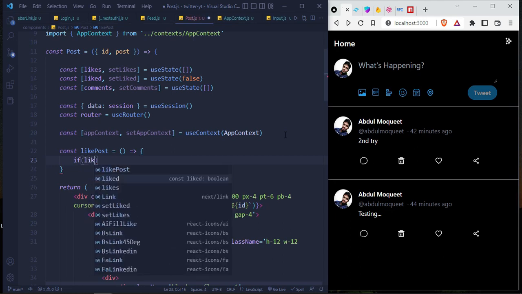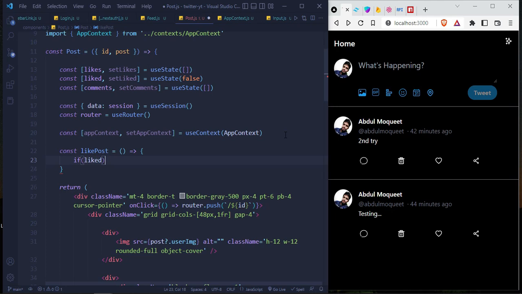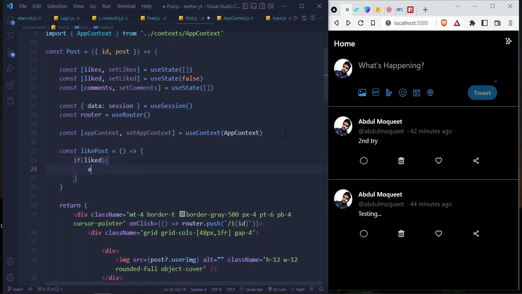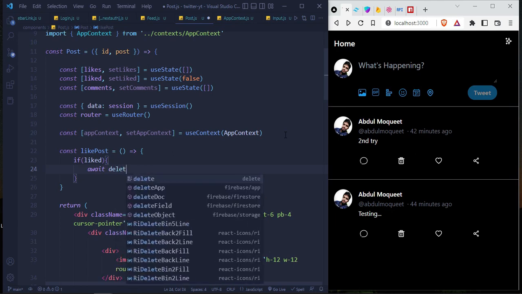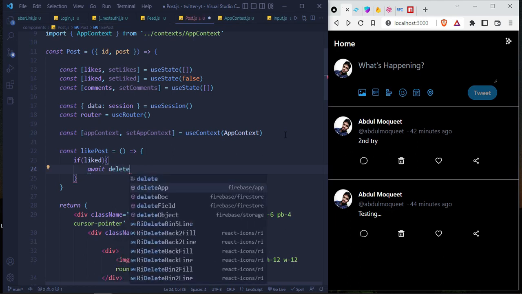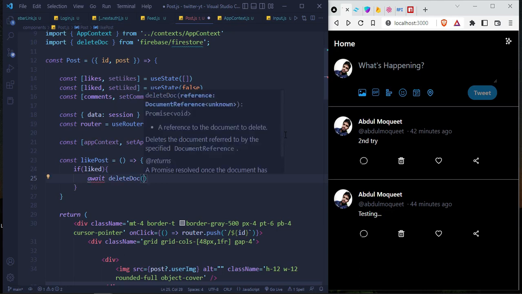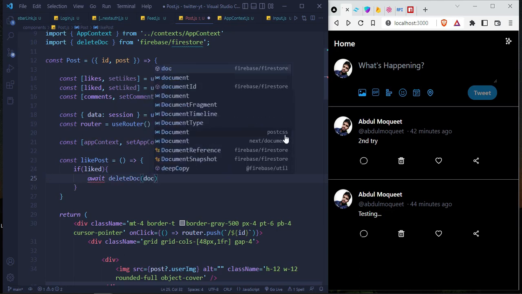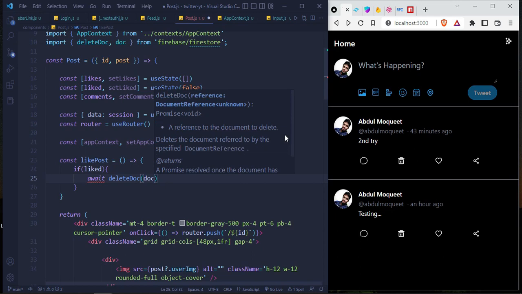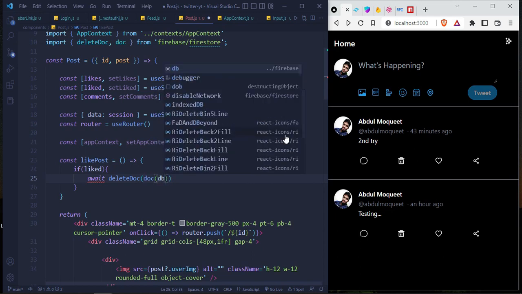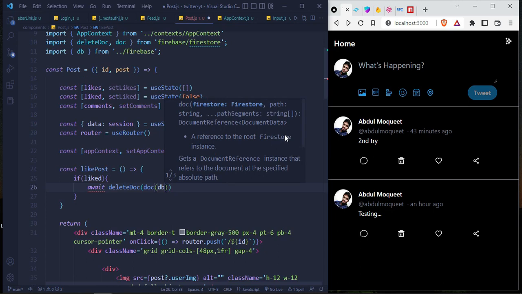If it is liked, then we will do await deleteDoc. Import it from Firestore, then doc again imported from Firestore, then db, get it from Firebase,